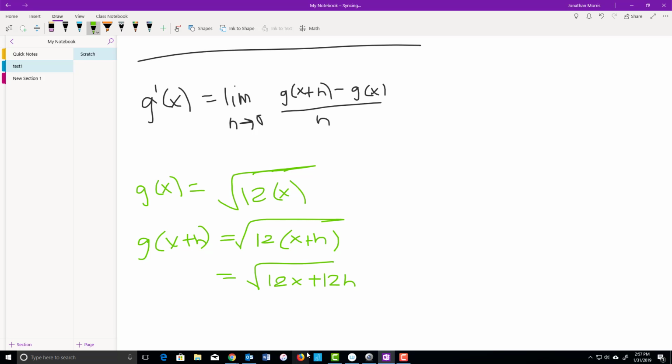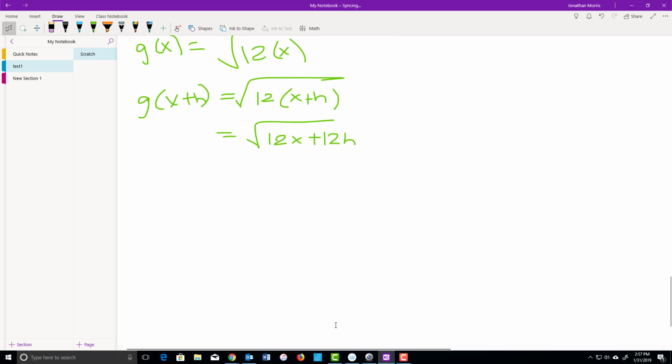So let's plug all this into the limit and difference quotient. The limit as h approaches 0 of g of x plus h, which is the square root of 12x plus 12h, minus g of x, which is just the square root of 12x,